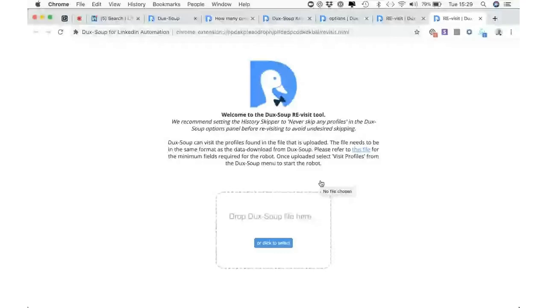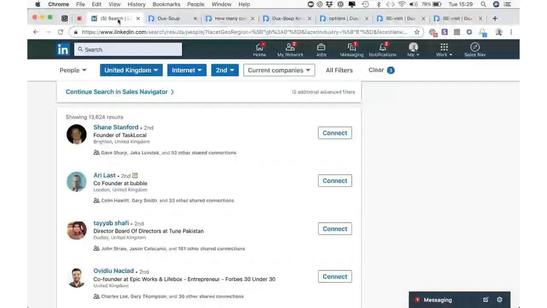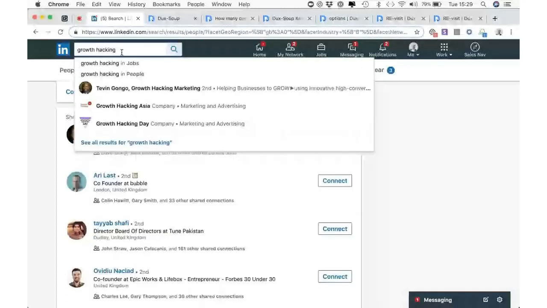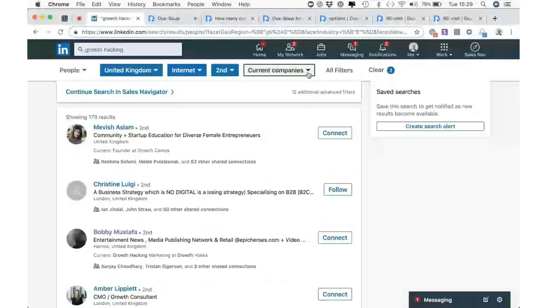Is there a way to efficiently find a group of LinkedIn addresses without searching for them one by one? So when you say find a group of LinkedIn addresses, I think you need to go back to just finding a group first of all. So what I would recommend is this. Instead of searching for profiles, you might search for groups. So if you type in something like, I don't know, growth hacking, and click search, and under the filter, instead of people, you filter by groups,